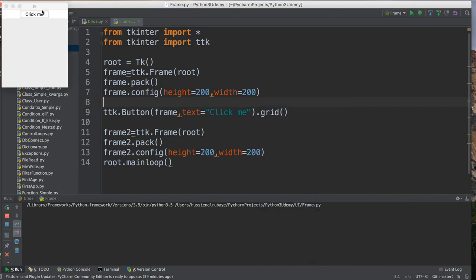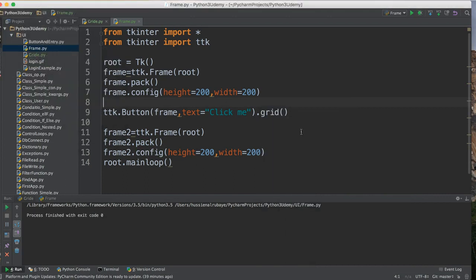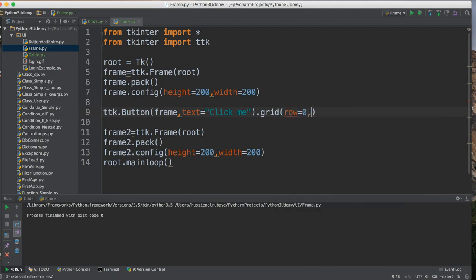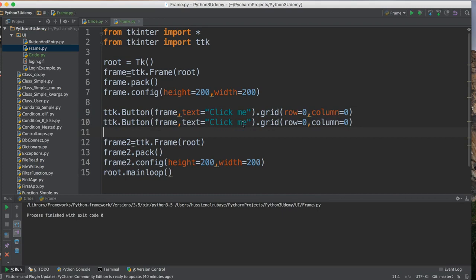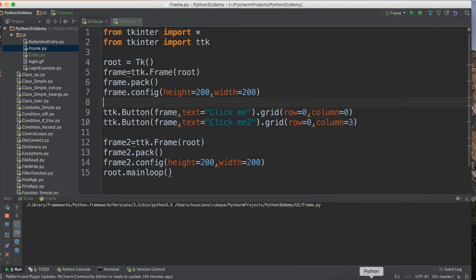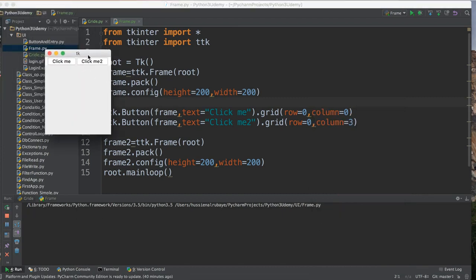But the one I want to tell you here in this video is this. If I have this button and I want this button to appear on row number 0 and column number 0. Okay, hopefully now this one will work. And I have to add another button. Think about it. Click me 2, and add it to column number 0, row number 3. Both of them using a grid,